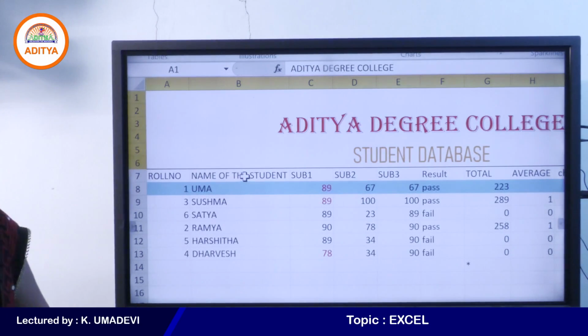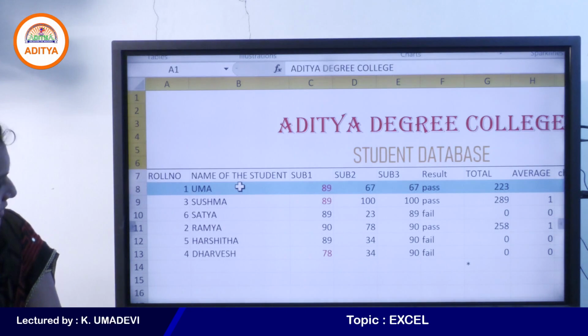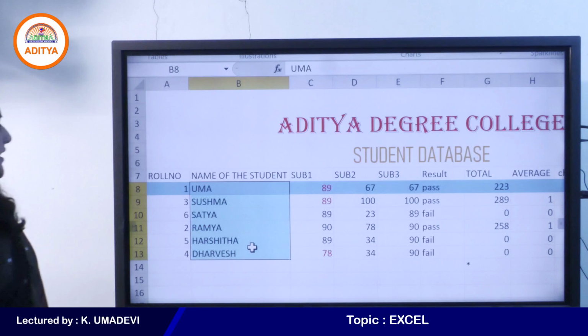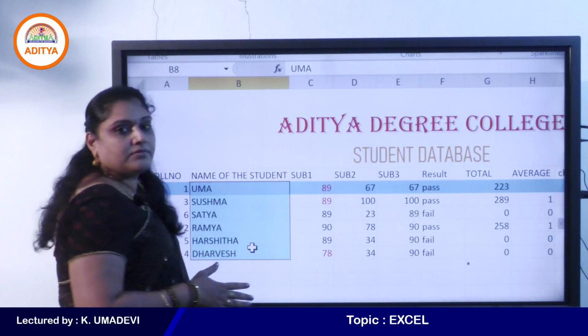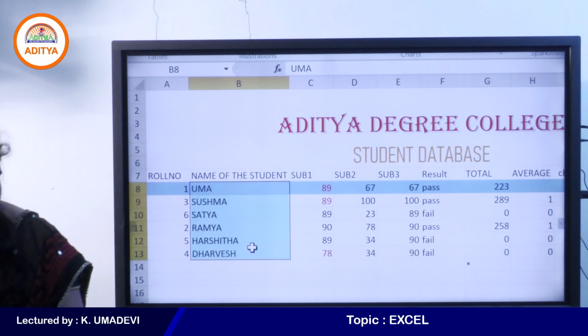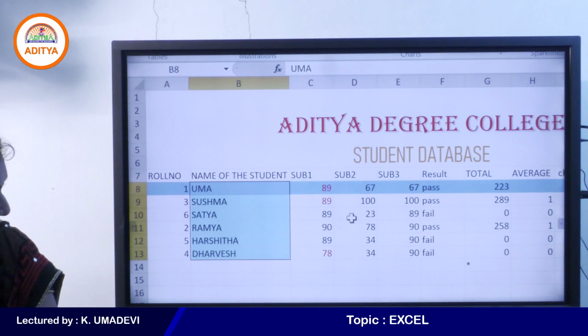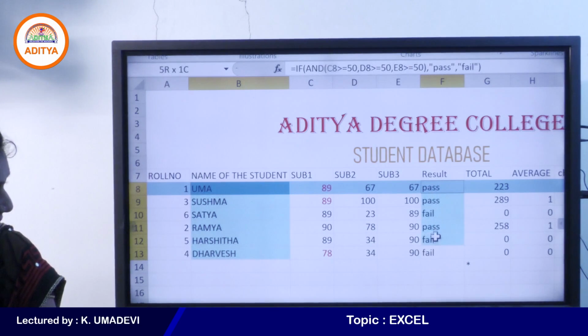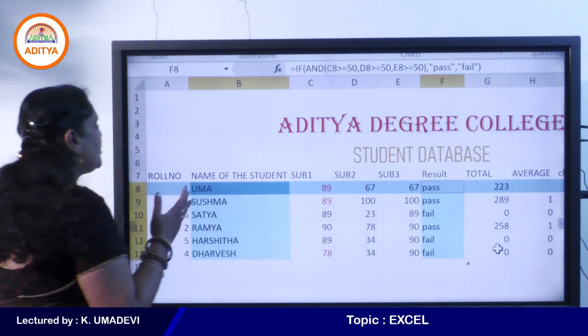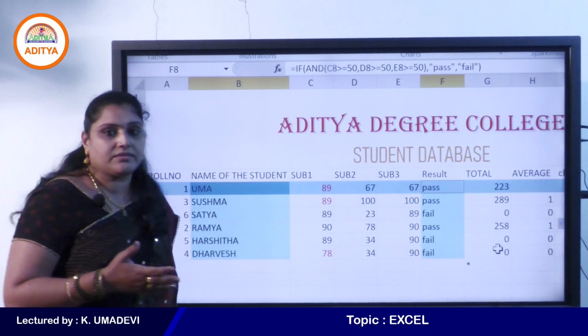Select the name column, and then press and hold the control key, and again select the result column. I want to view the chart that contains student names and result.